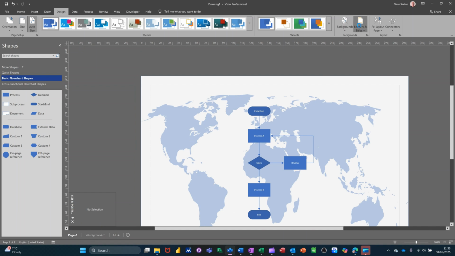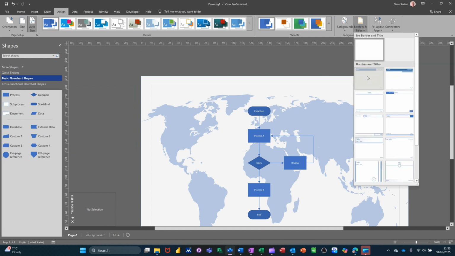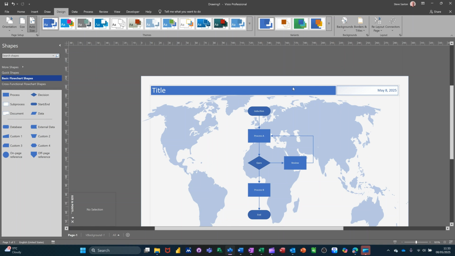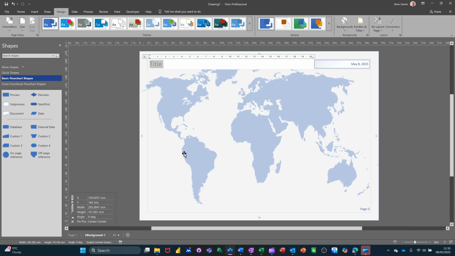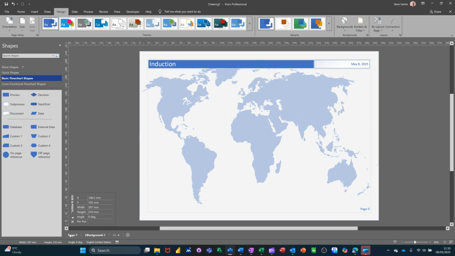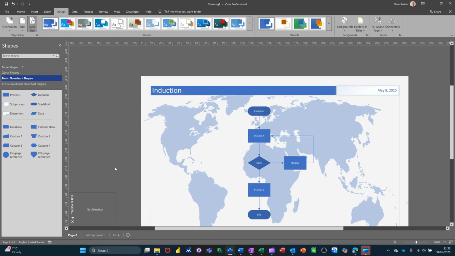Same with borders and titles. If you wanted some borders and titles, that also goes onto the background page. I can't actually double click on it here. I have to get into the background page and give it a title in there. Induction, that'll do. Come back onto the first page where that is, and there's your flowchart with a nice background and